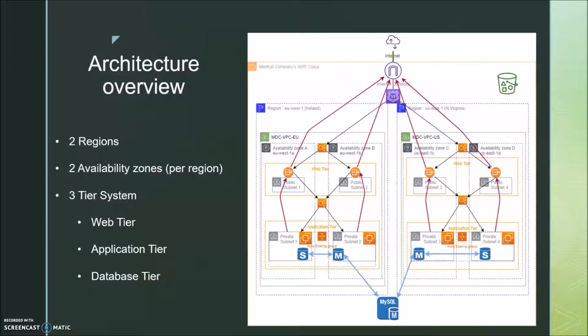Inside each VPC, there are 2 availability zones. There consists of availability zone A, availability zone B, availability zone Z, and availability zone C. Within these availability zones, the web and application tiers are identified, and the appropriate subnets, such as public subnets for the web tier, are associated with the web tier groups, as well as the application tiers, which use private subnets, are associated with the application tier groups. There also exist auto-scaling groups and elastic load balancers.